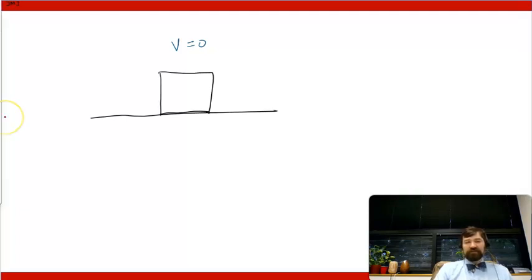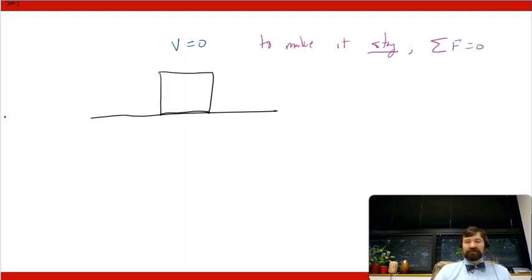We also have the other kind of possible case, which is what happens if I have an object that is sitting on a level surface like this and initially v equals 0. And what we want is for this thing to basically start moving. What would be needed? Well, to get it moving, I need to have not zero total force. So to make it stay, I need sum of forces equals 0.